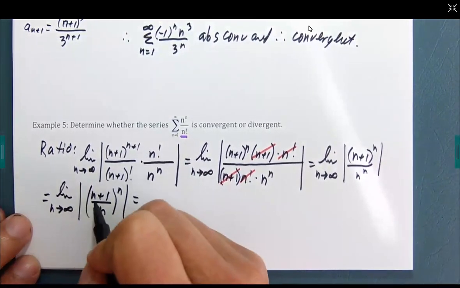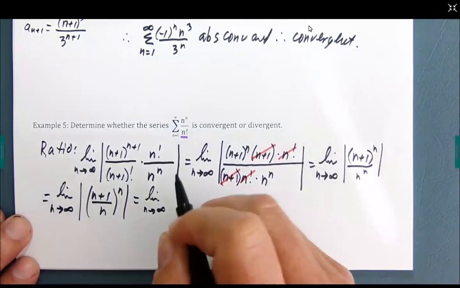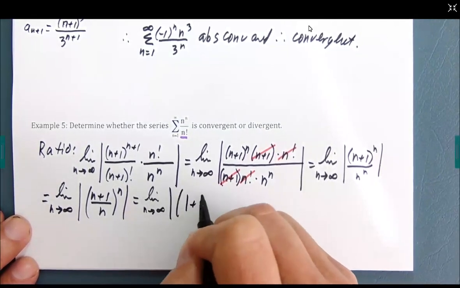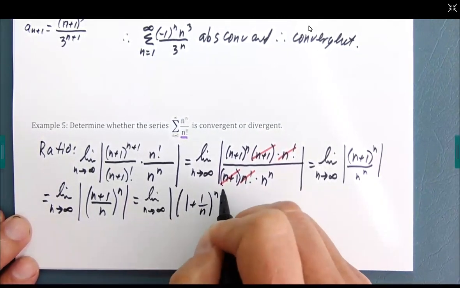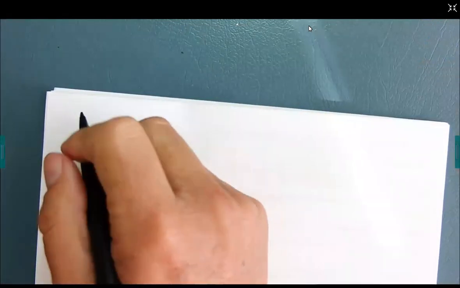And I'm going to further break that down into this. And I'm going to do a whole separate thing to figure out what that limit goes to. However, I'm going to use